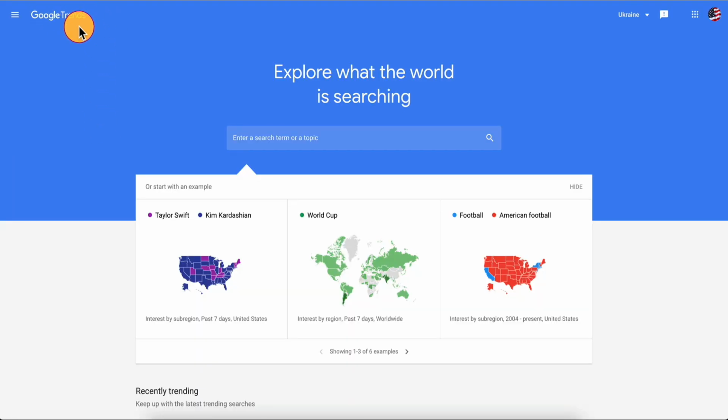All right, so here's Google Trends. I really like Google Trends because I want to know what's happening in the world, right? Explore what the world is searching. I want to know what's going on in the world. And I want to make money with that information, right? Knowledge is power, as they say, and knowledge is also profit, right? And so, as you can see, we have the World Cup, we have football, American football,